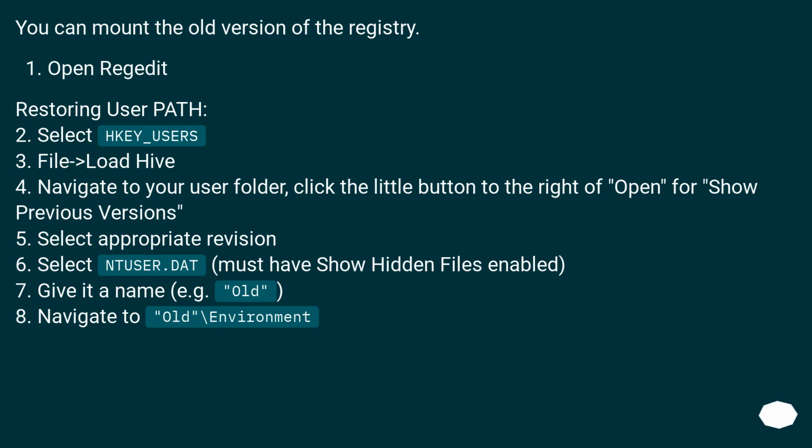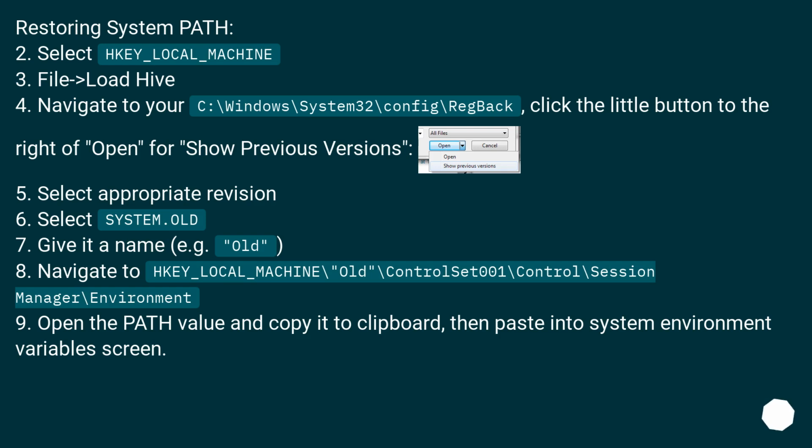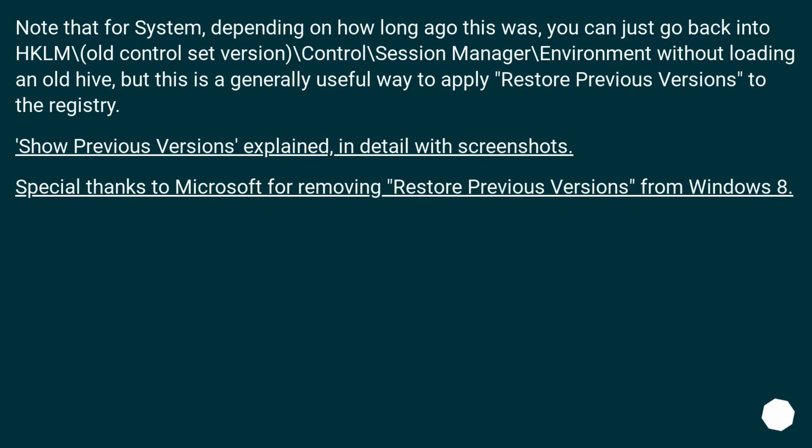5. Select the appropriate revision. 6. Select ntuser.dat, which requires Show Hidden Files to be enabled. 7. Give it a name, for example old. 8. Navigate to old_environment. Note that for system, depending on how long ago this was, you can just go back into HKLM/old control set